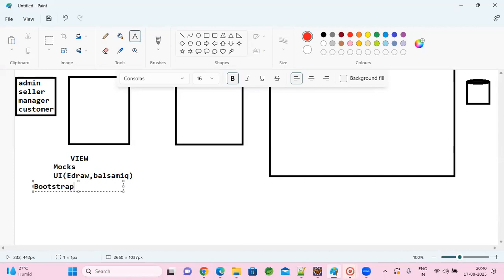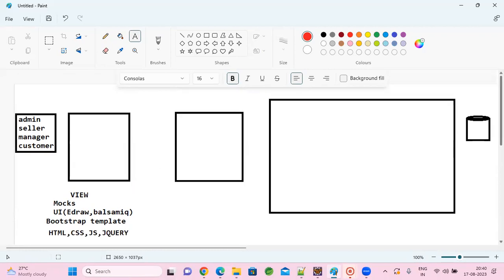So we'll be using a Bootstrap template for our screen designing, and we will do modifications on that. A little bit of HTML modifications, CSS modifications, script modifications, and we will integrate jQuery there for the front end.